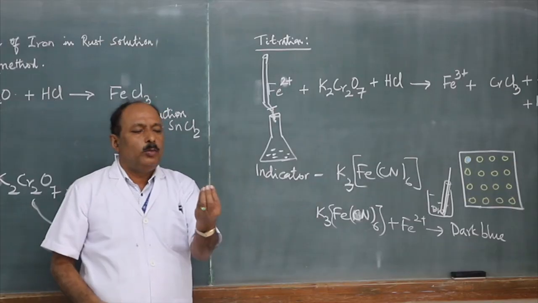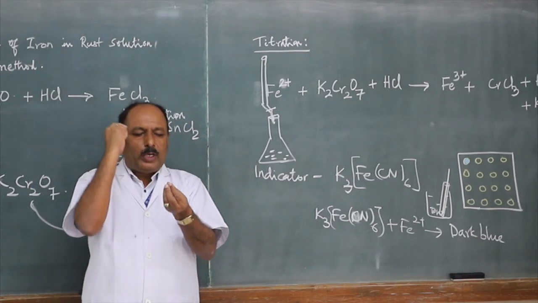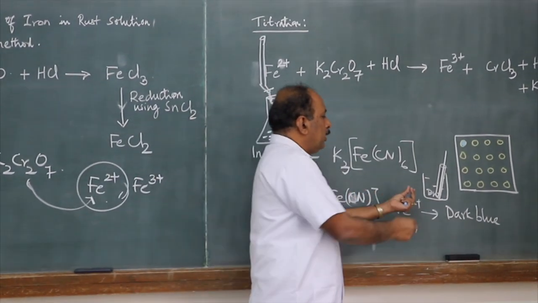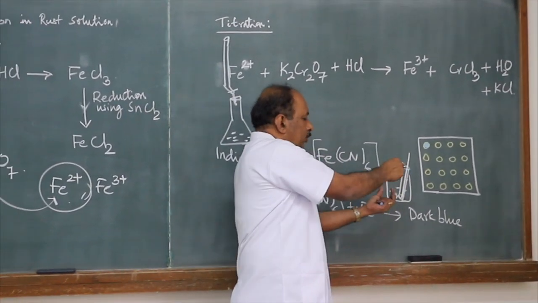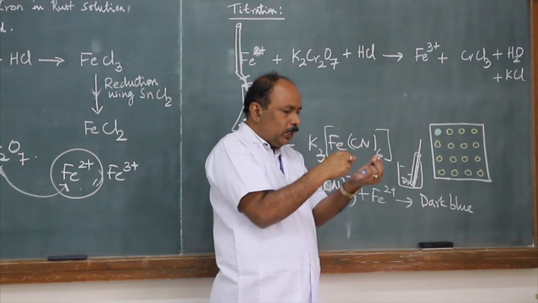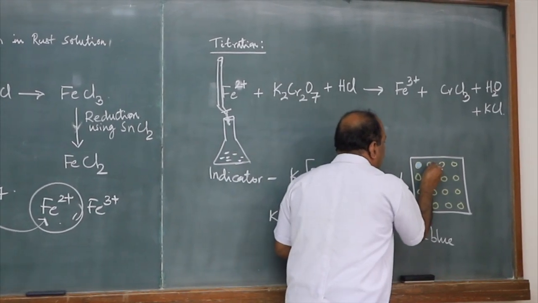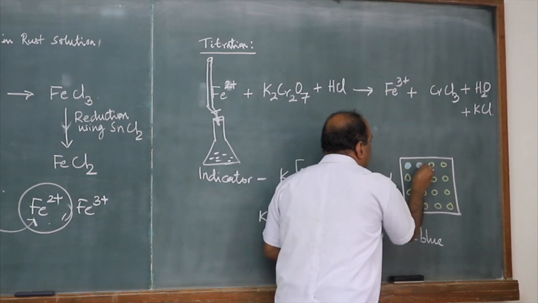Therefore, take this glass rod below the burette, add 1 ml of potassium dichromate from the burette into the conical flask, mix the content, bring it here, take the glass rod from the plastic tumbler, put it into the conical flask, place it over the second droplet. What do you expect to happen? You will see that there will be development of color.